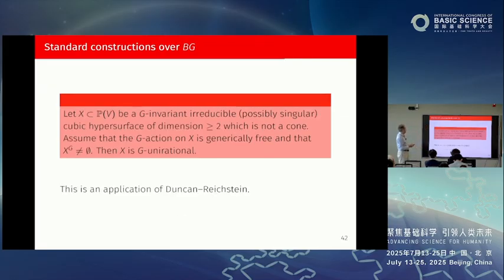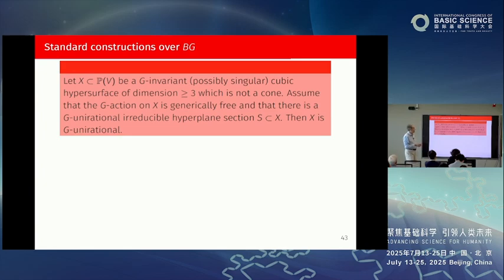All right, so how about cubics? Now suppose you have some cubic hypersurface, dimension at least 2, not a cone. Suppose the G action is generically free and you have a fixed point, then it's unirational. And so that's sort of mimicking the original construction. But you could do better. Suppose you have some hyperplane section, a cubic hypersurface in your given cubic, that happens to be unirational. Then